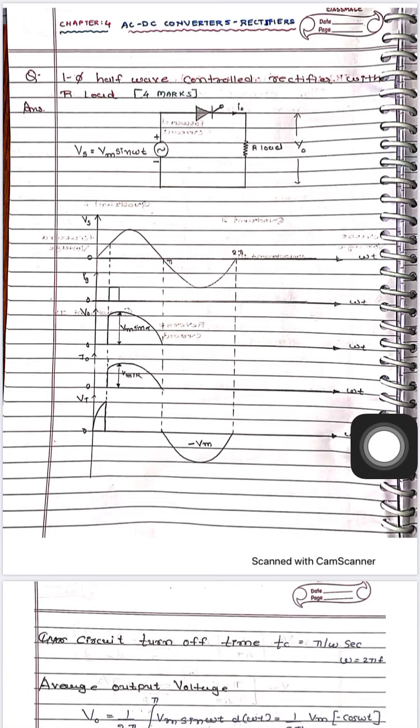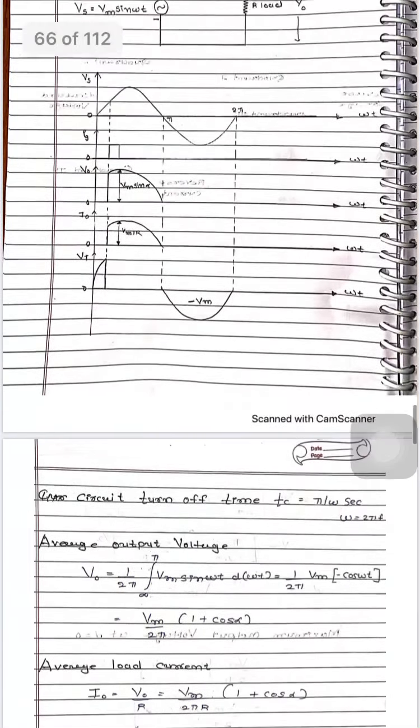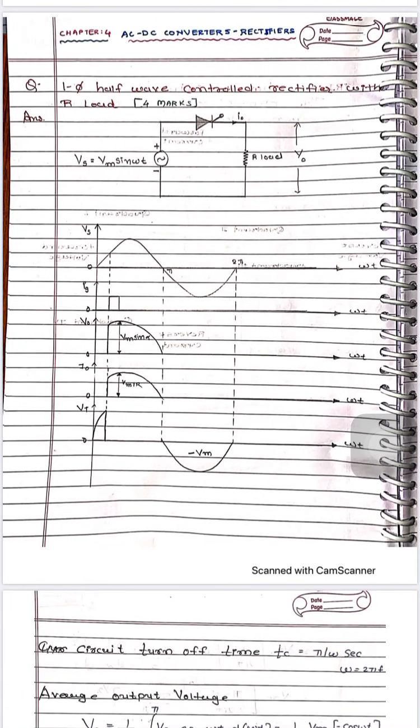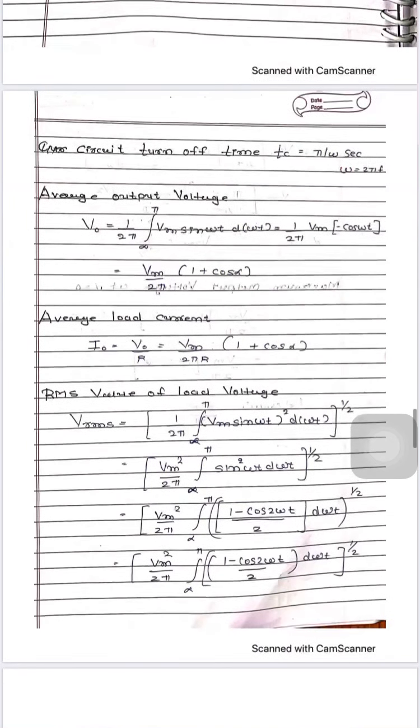So, these are some logics. If you understand this logic easily and keep some basic concepts, you can draw any waveform of the circuits, right. Now, in the exam there is no need to write any theory. You need to explain this waveform, draw the waveform properly with proper notation, and write the average value and RMS value of the SCR of the particular converter, that is all. There is no need to write any theory in the power electronics subject.